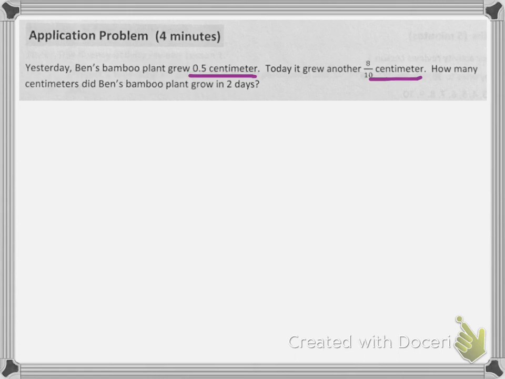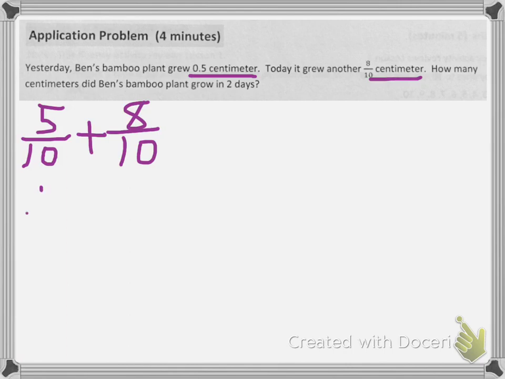And I know from yesterday that I could convert the 0.5 to a fraction if I wanted to. I could go this way: that equals 5/10, and all I would have to do would be to add the 0.8. Okay, but because we're starting using our decimals, I'm going to show you using your decimals. So if I had 0.5, and 0.8, when I add them together, this is where